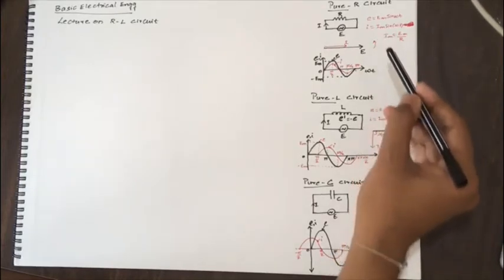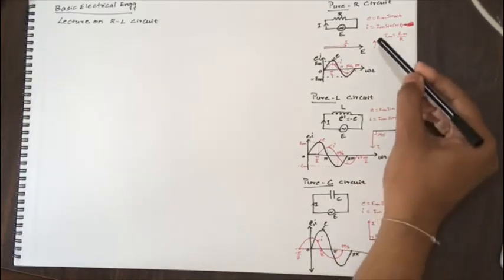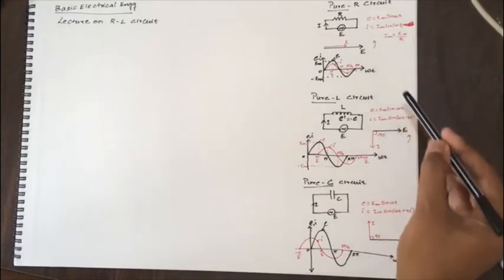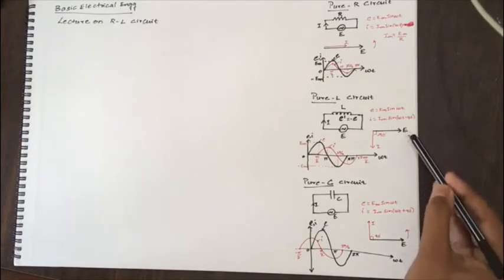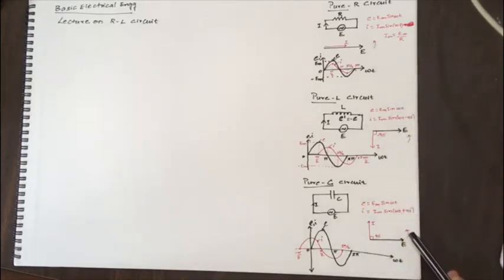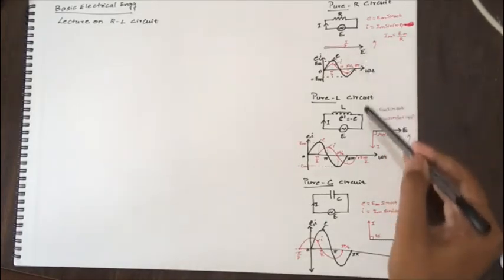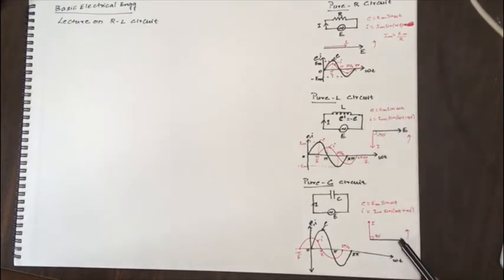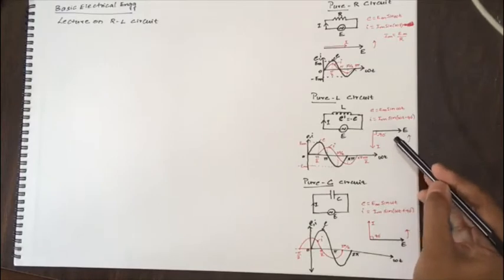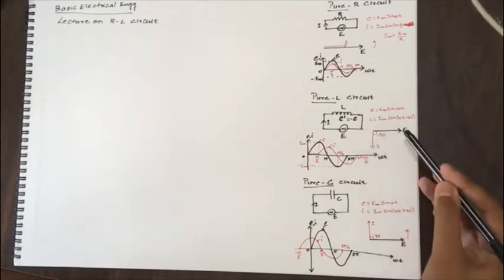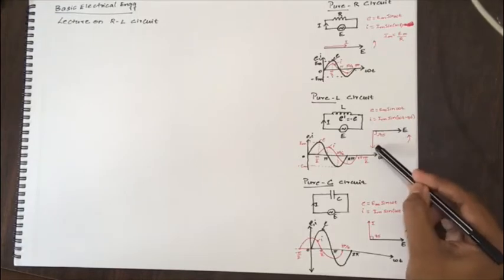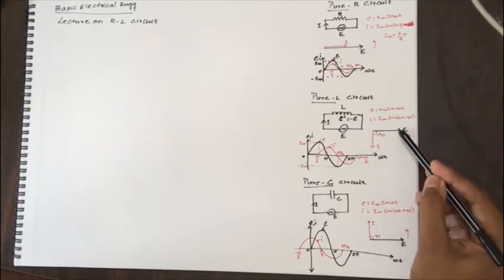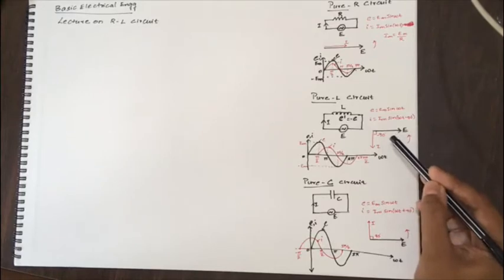We have already seen that the assumed positive direction of vectors is anticlockwise. With respect to this direction of rotation, because these vectors are not stationary but are rotating vectors that represent any alternating quantity, the vector diagram drawn for this circuit is of this nature: current I will be behind voltage E by an angle of 90 degrees always.